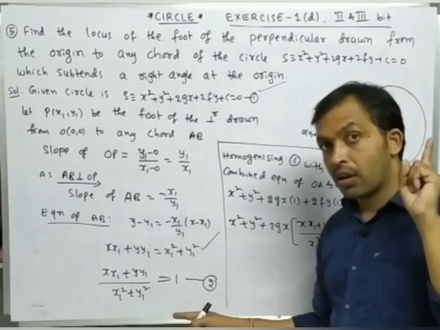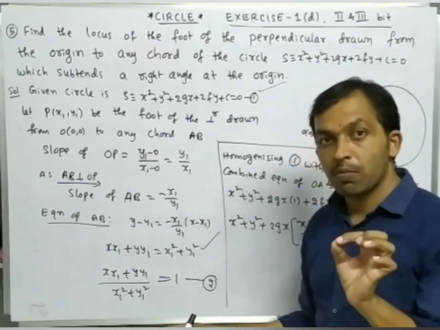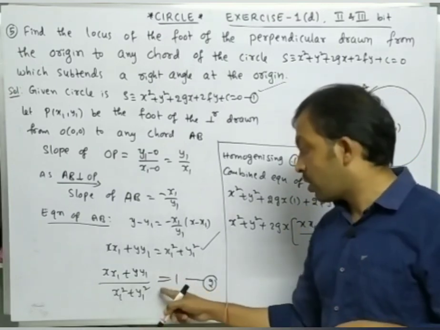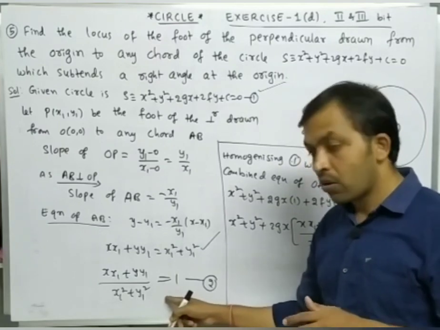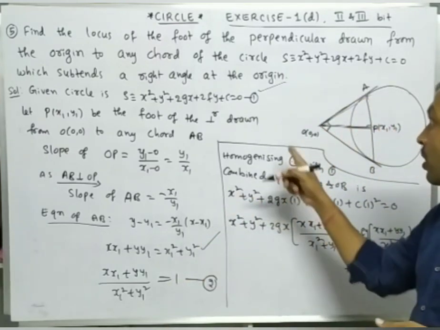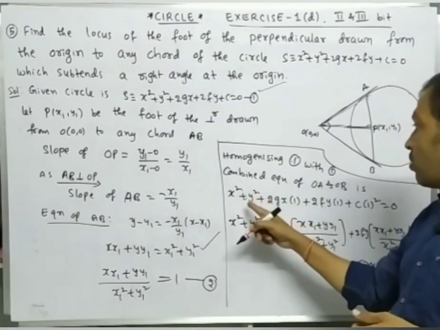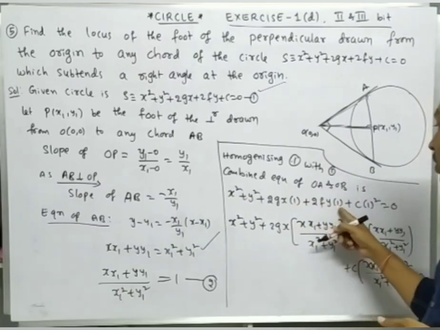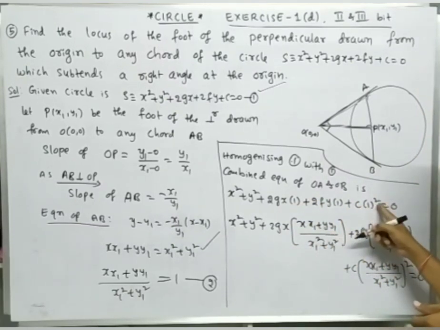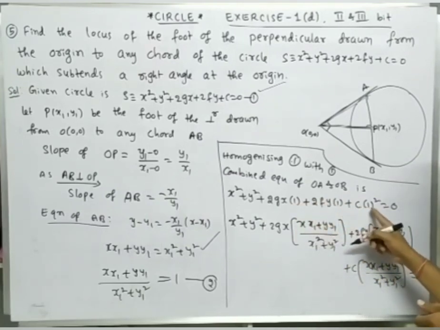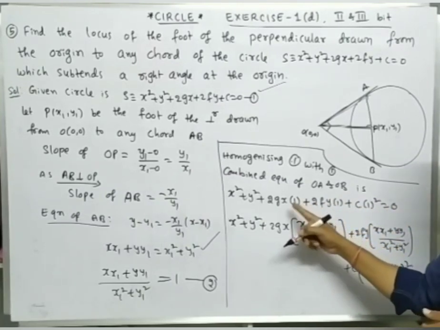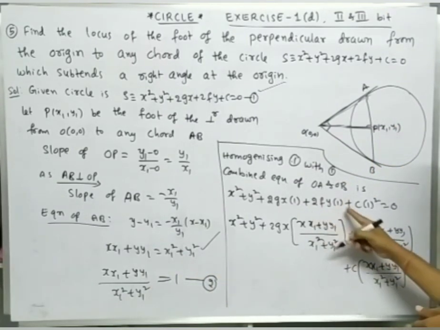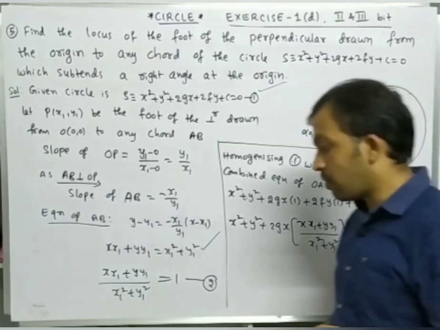Okay, so in the homogenizing concept, if ax plus by is equal to c, bring c to the denominator, then (ax plus by) by c is equal to 1. So this is the condition we got from this straight line. And homogenize 1 with respect to 2. That means, in that concept we should multiply the x term with 1, the y term with 1, the linear term with 1, and the constant with 1 square. So x with 1, y with 1 and c into 1 square is equal to 0. So here the 1 value is (x1 plus y1) by (x1 square plus y1 square). Substitute here. Now simplify it.